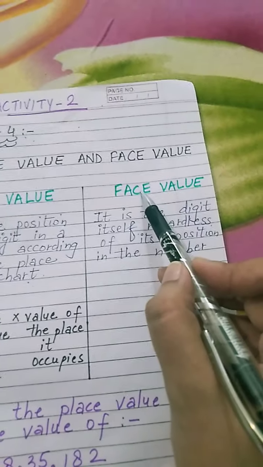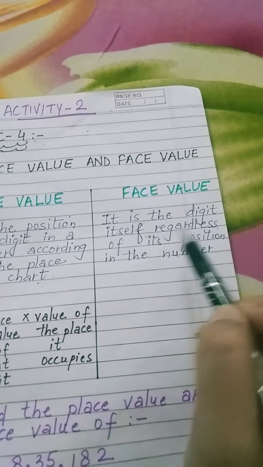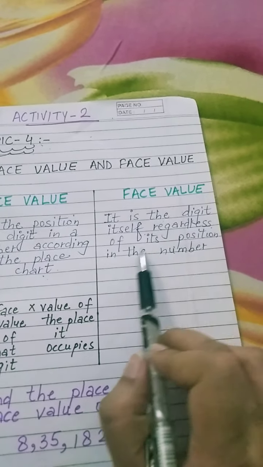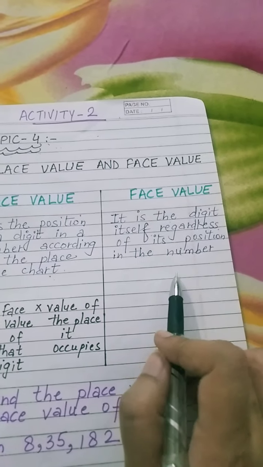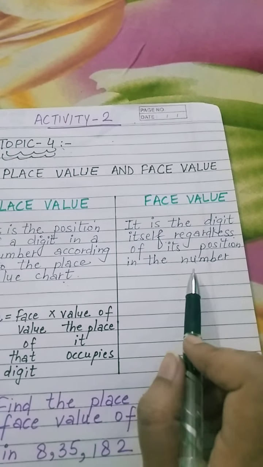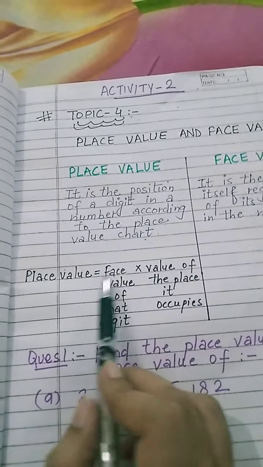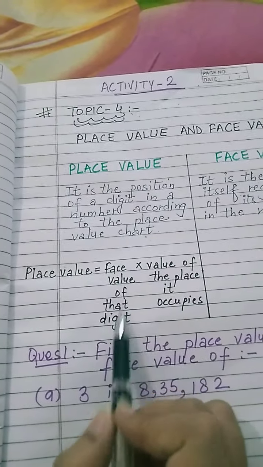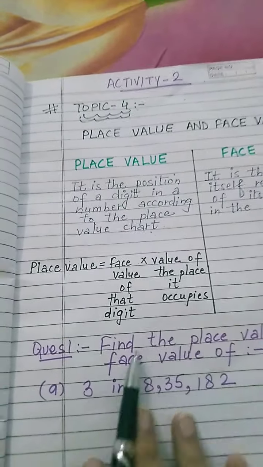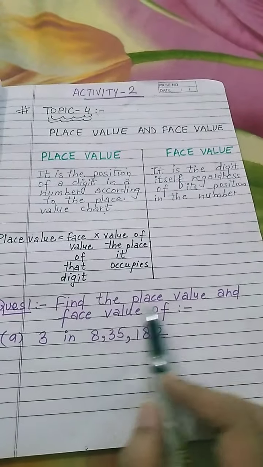Now what is face value? Face value is the digit itself regardless of its position in the number. We will not consider which place it occupies in the chart. We will write it as the digit itself. Now the formula to calculate the place value is face value of that digit multiplied by the value of the place it occupies. Now the question related to the place value and face value is, find the place value and